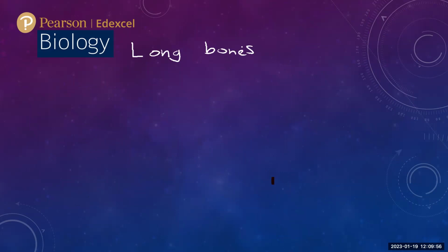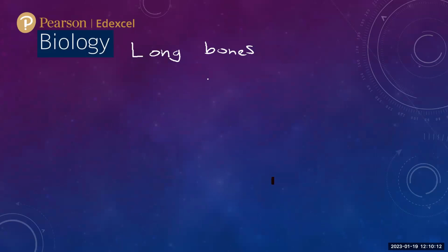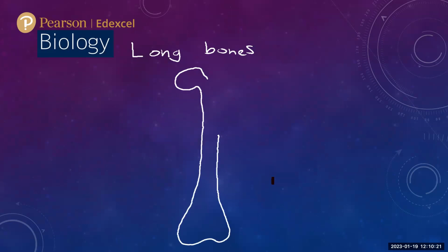If we look at the basic structure of a long bone, they have a surface. This surface is mostly attached to the other side, like here. So this is an example of a long bone,